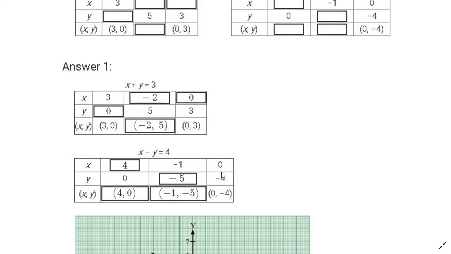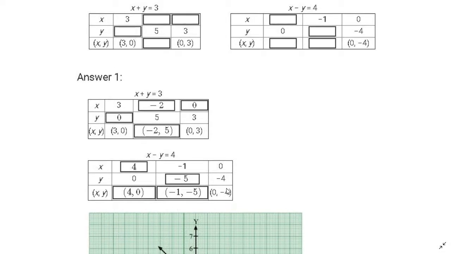Then the second equation, second problem, 0, 4. Maybe they have already given these values, right? Yeah, they have given 0 and minus 4. We can check them also. If we have a value of x 0 and value of y minus 4, is it satisfying? 0 minus minus 4. Minus minus will be positive, and we will get the answer 4. So it is also satisfying.